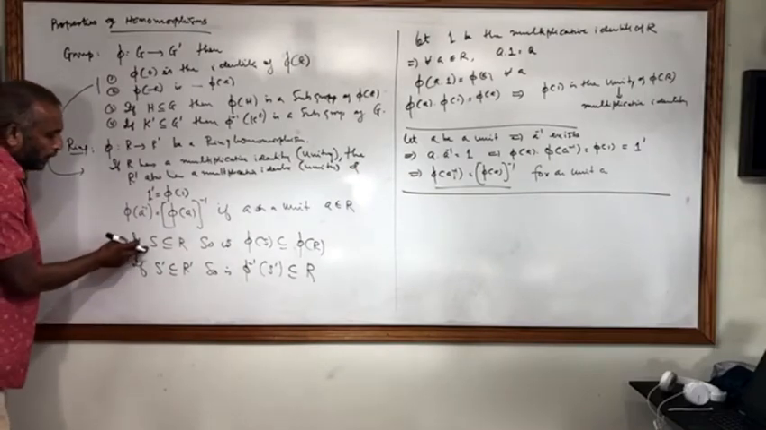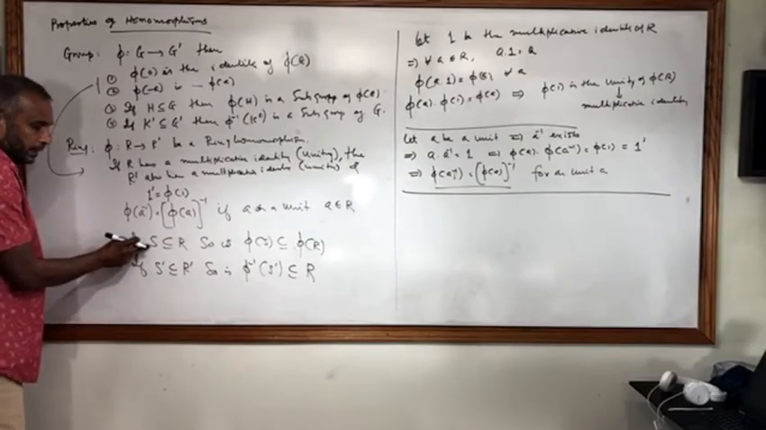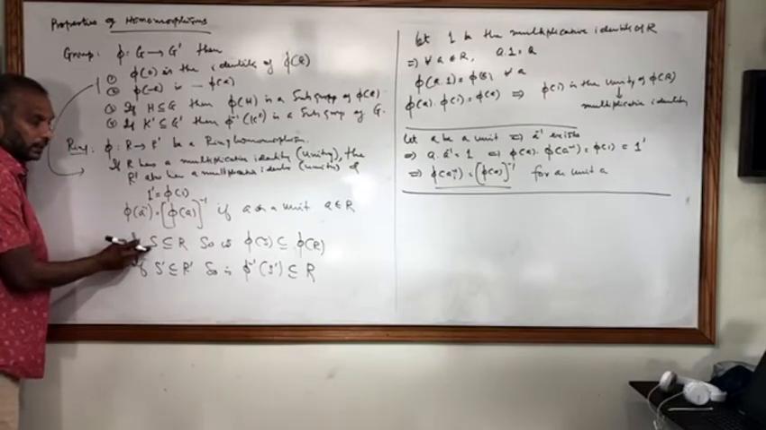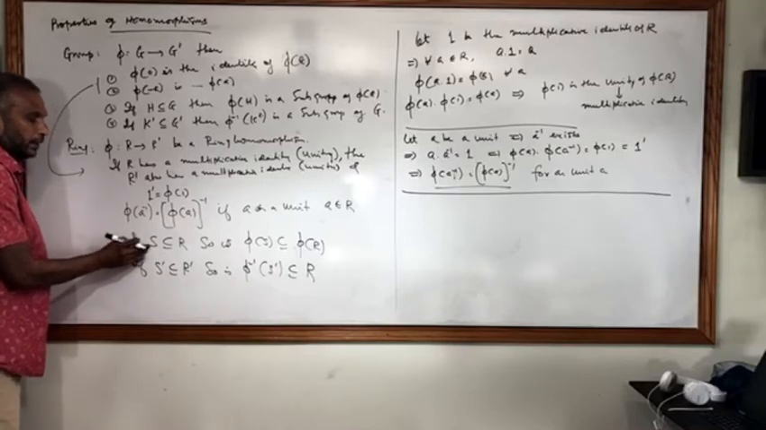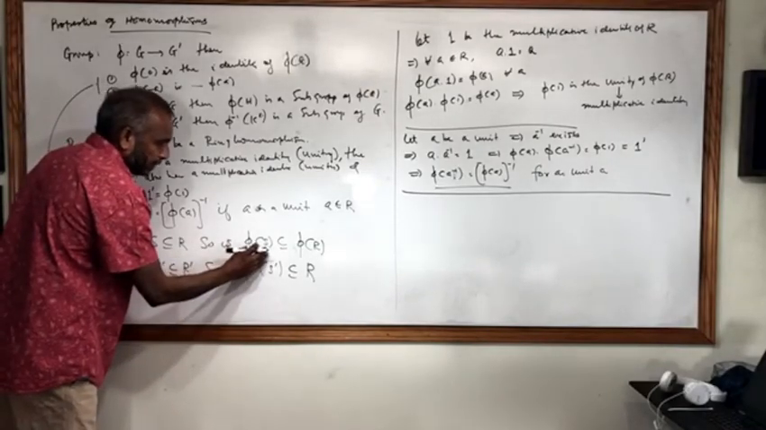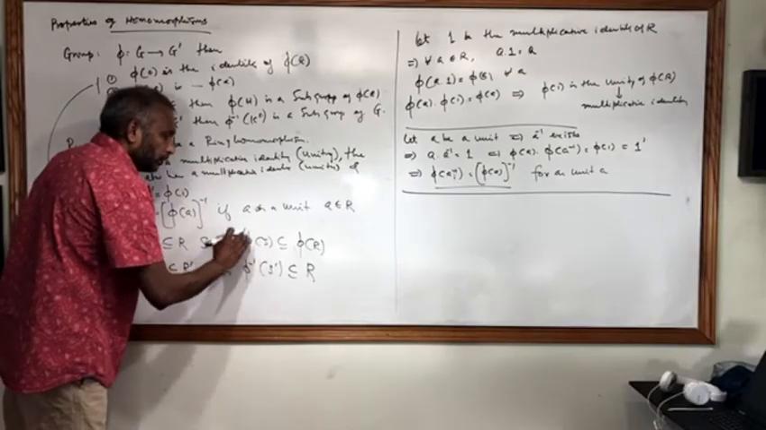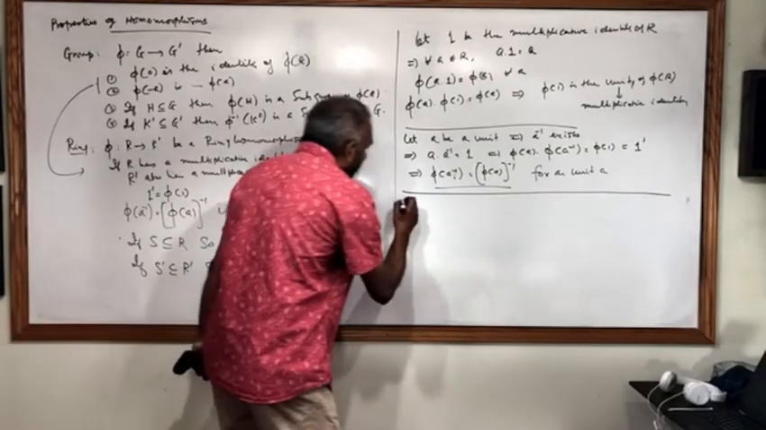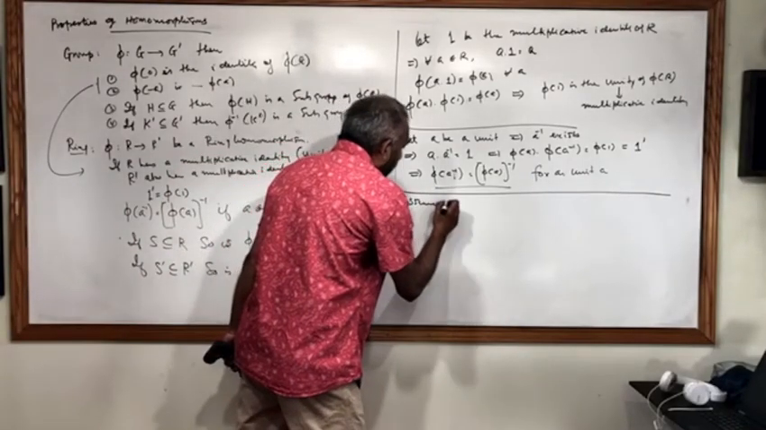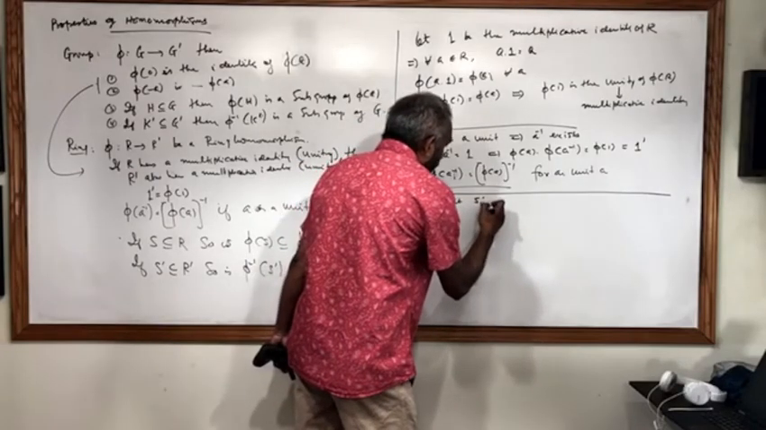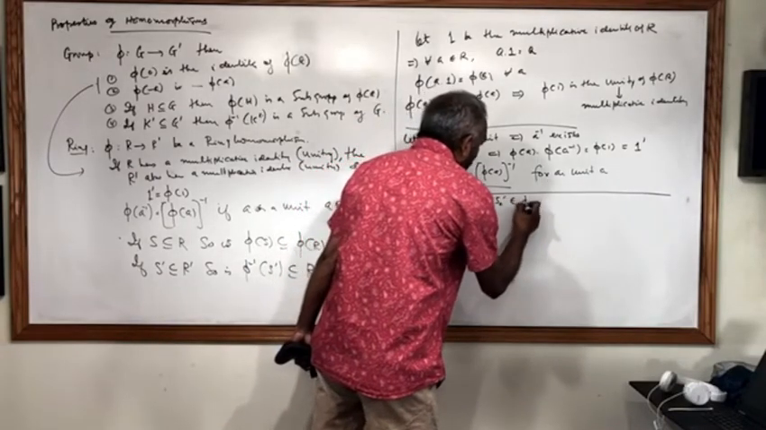All we need to prove here is that phi of S is closed under multiplication, because it's already a subgroup. So all we need to show is that if you take two elements from phi of S, its product is also in phi of S. Then we are done with this. So assume that S1 prime, S2 prime belongs to phi of S,